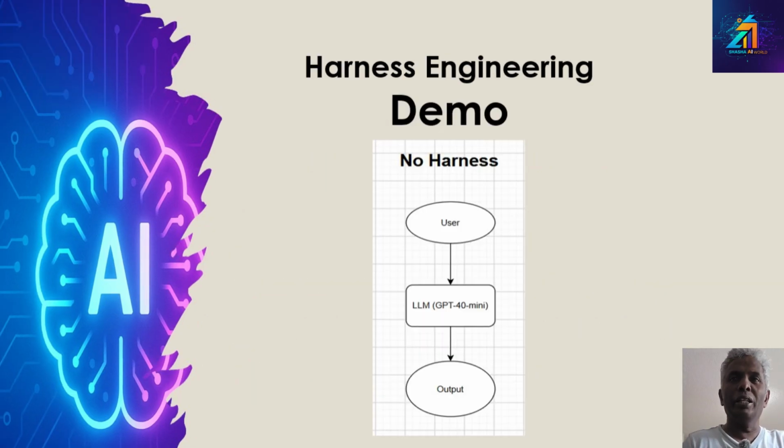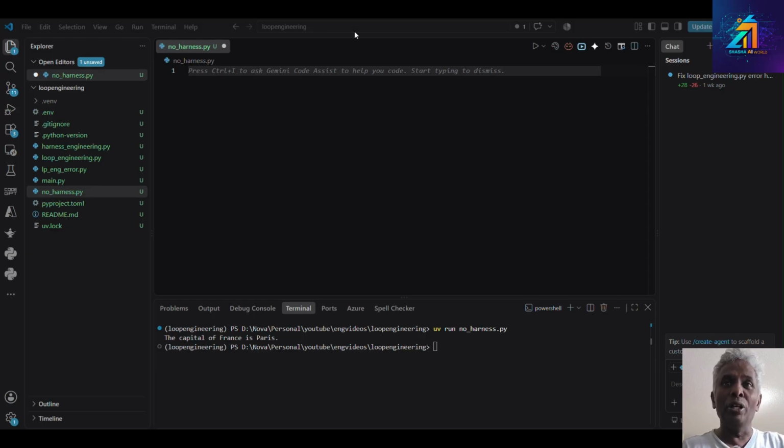Let's see the Python code demo for harness engineering. The first demo is, as I said earlier, going to be with no harness. Like a simple chatbot: the user puts the prompt, the LLM receives it, and it generates the output content. That's it. The next demo, I'm going to